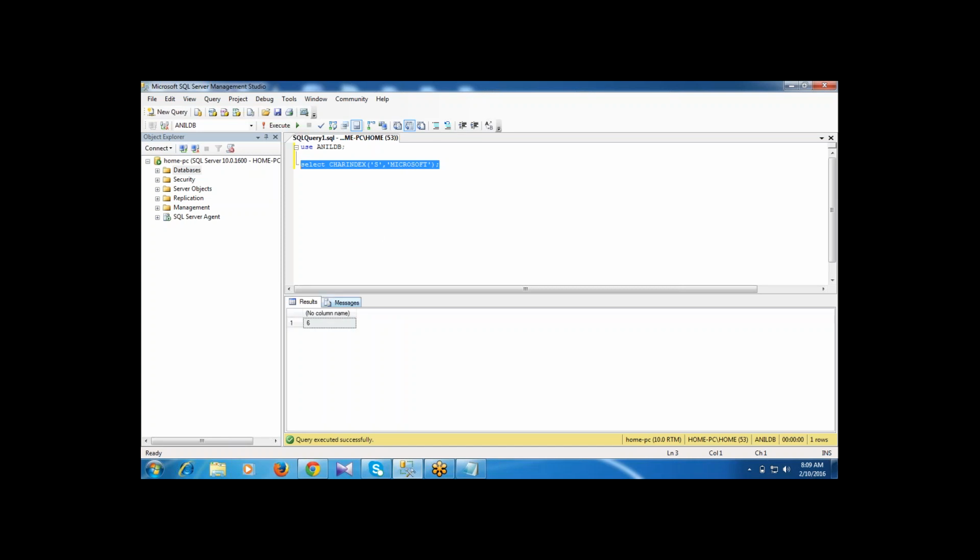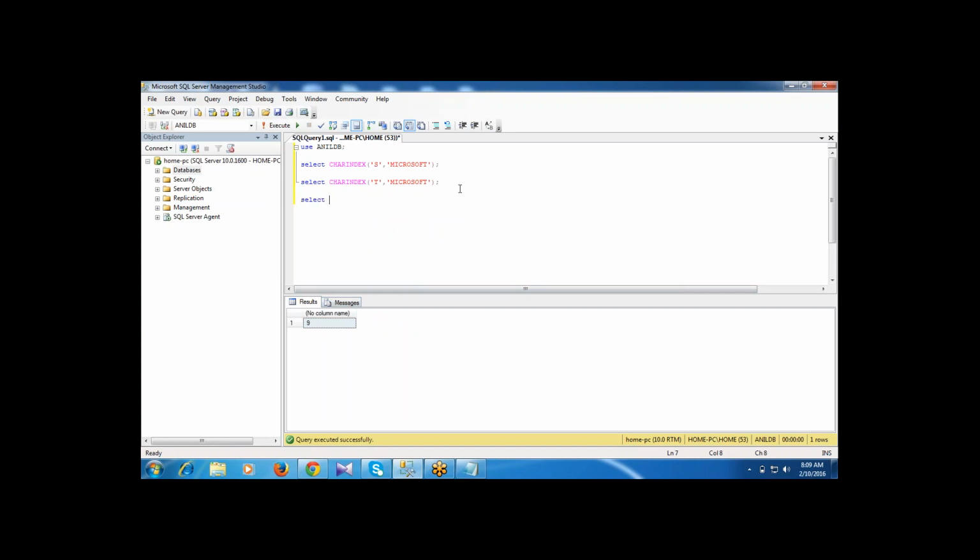Executing the query, I get the sixth character. Count it: CHARINDEX starts from 1. 1, 2, 3, 4, 5, 6. The sixth character. If I give T in the word Microsoft instead, I get the ninth position.